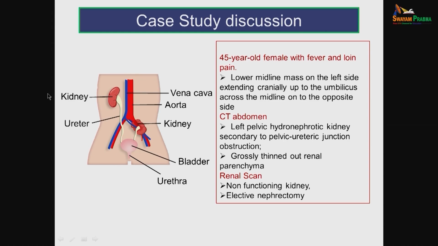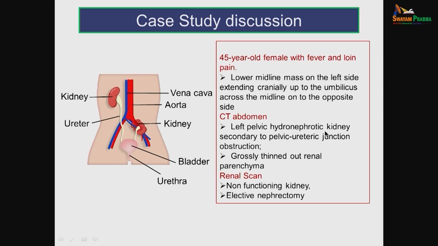Coming to this case study, having completed all the clinical anatomy, or the congenital anomalies of the kidney, ureter and bladder, we will go back to the case which we showed initially and understand the case. So, we said it is a 45-year-old female who came with fever and loin pain, and there was a lower midline mass on the left side which was extending cranially to the umbilicus, across the midline onto the opposite side. A CT abdomen revealed the diagnosis that it's a left pelvic